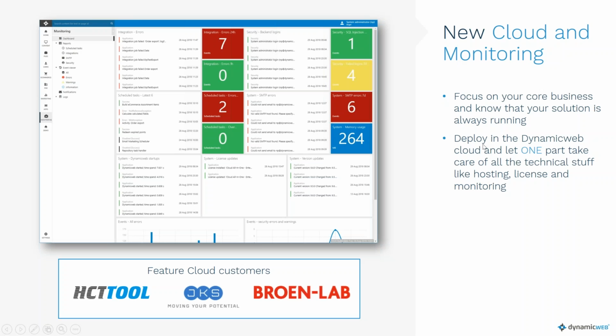Okay. Dynamicweb 9.5 introduces a new area in the left side of Dynamicweb called monitoring, and it contains basically a number of new features, where the most important one is a new event system. The idea of this new monitoring thing is to understand, how is my solution doing? Do we have anything that is not as it should be and something I should look into? So it will take a look at all the things that could go wrong in the solution and report it